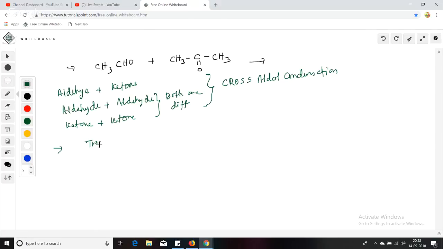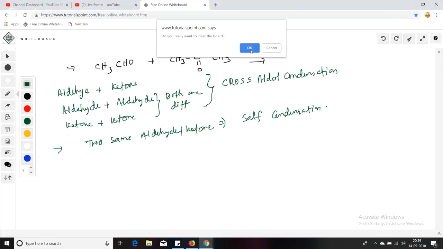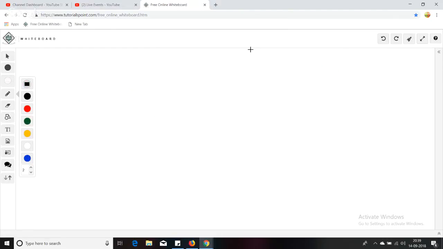If we have two same aldehydes, like in the previous two examples, two same aldehydes or ketones, then we call it a self condensation reaction. Okay, two same aldehydes or ketones, we call it self condensation. Now on the basis of this we can find out the number of products that are formed. So if I write down